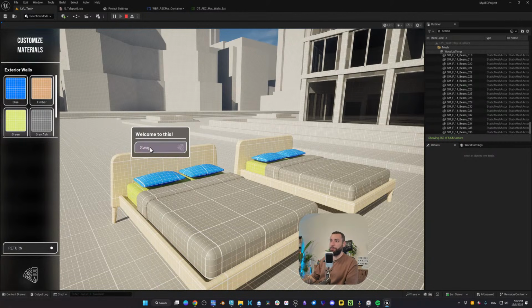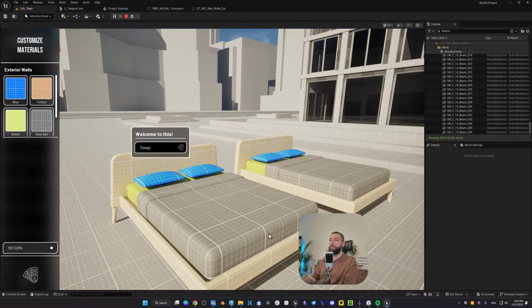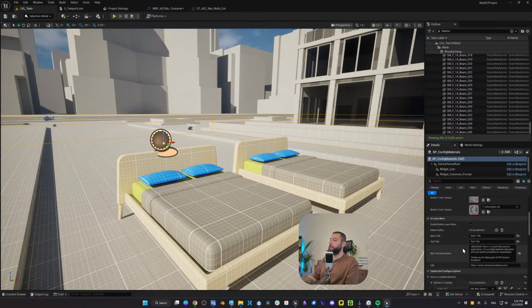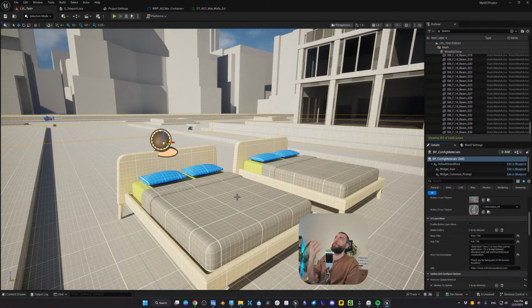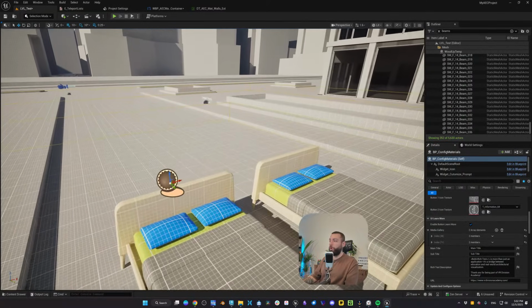And if you close this, you remember here we wrote welcome to this. So you can write here whatever you want. Change, swap, icon. You can customize this to your liking so it can fit your needs basically. And enable button, learn more. If I enable this, you have also the ability to add more texts. And let's say if this is a piece of furniture, you want to write about this piece of furniture, you want to add pictures of this piece of furniture, you can do all that.